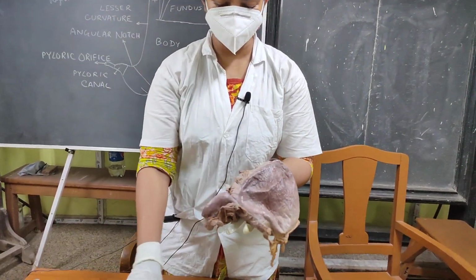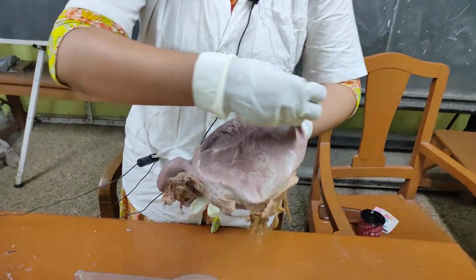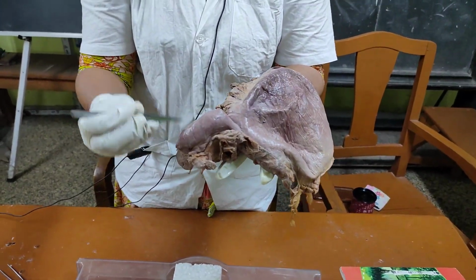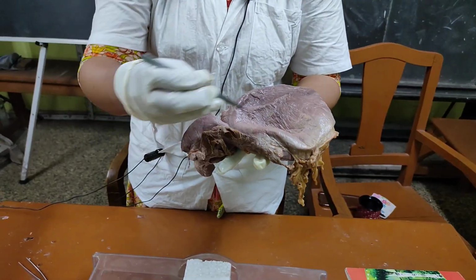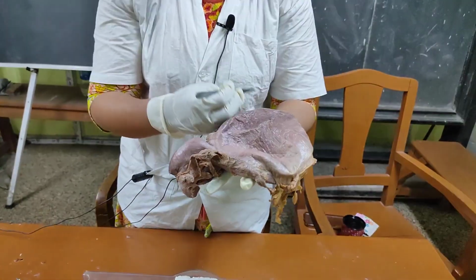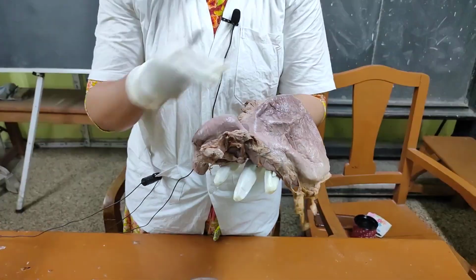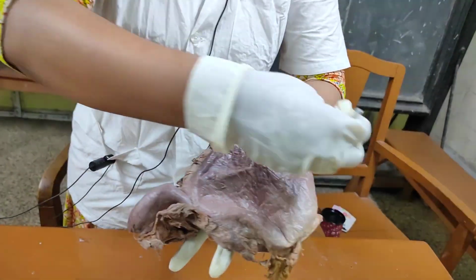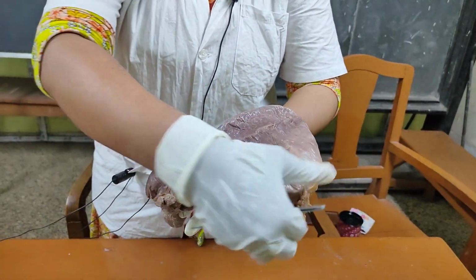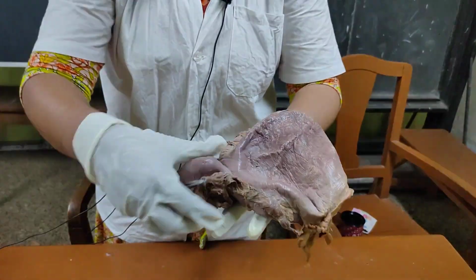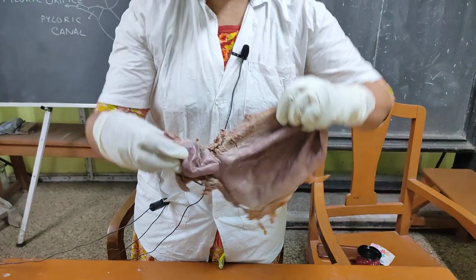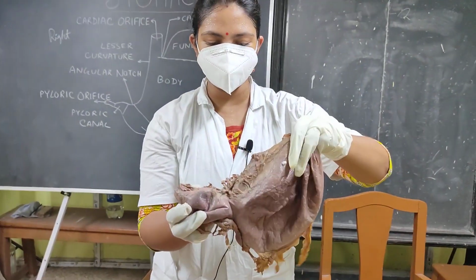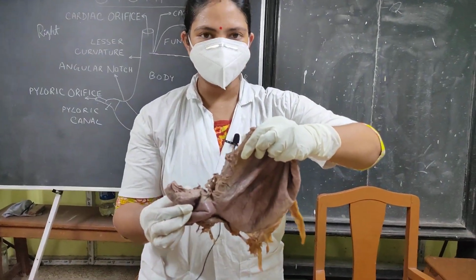These are the curvatures. This is the lesser curvature and this is the greater curvature. How to identify them? The lesser curvature is smaller, the greater curvature is 4 to 5 times longer than the lesser curvature. This lesser curvature is situated at a more posterior plane and the greater curvature is situated on a more superficial plane. So, how will it be? Placing the lesser curvature on a more posterior plane and the greater curvature on a more superficial plane. So, one way is I was holding like this.